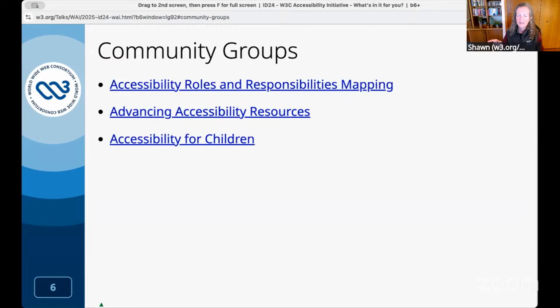Accessibility for children. Next. And actually, Crystal, I think you had asked about this when we did a presentation in May. The accessibility for children group focuses on what children need for accessibility requirements, as opposed to teaching accessibility to younger people. Next is accessibility and internationalization. And next,